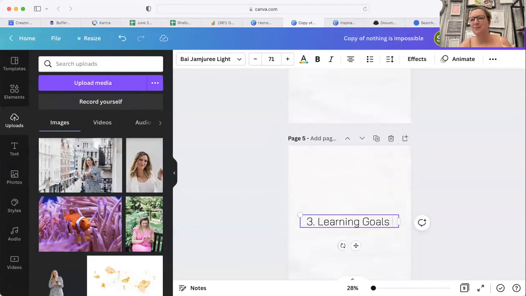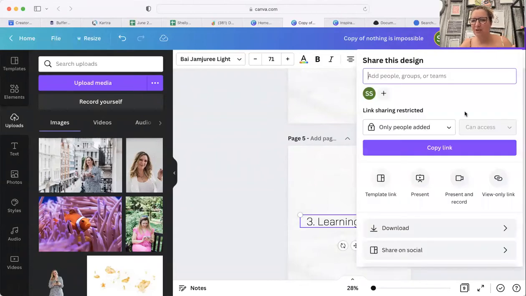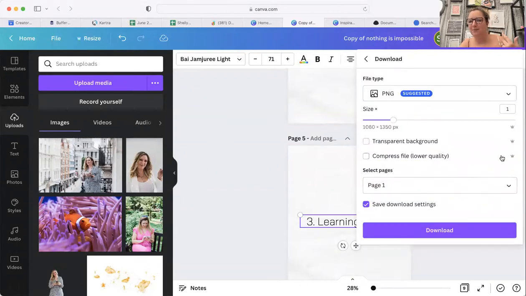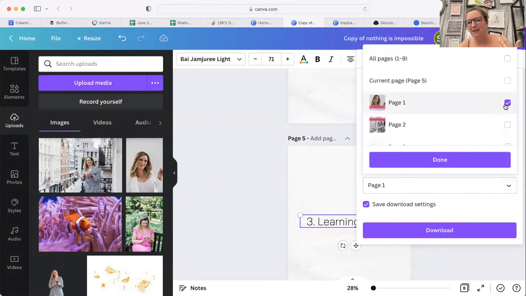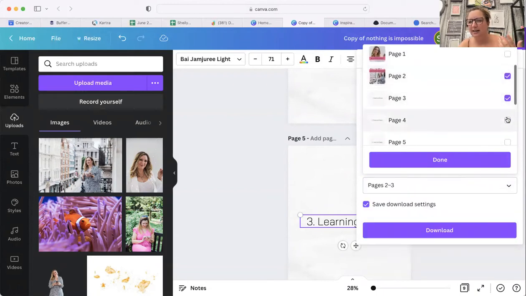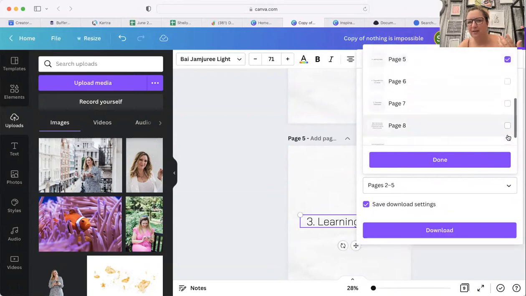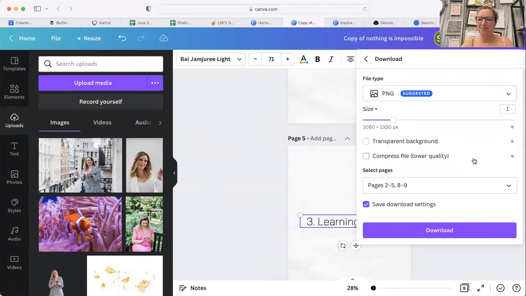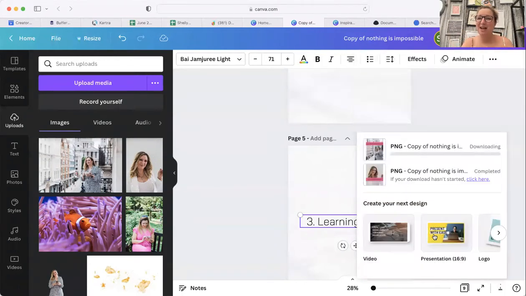So what I then do is I will share this post. So I click on download. And of course, I've got loads and loads of pages in here, but I don't need all of them. So I know that I need page 1. I need that one, and that one. And then I need that one and that one. So I download that, save that to my laptop, and then I use that to schedule a post over on